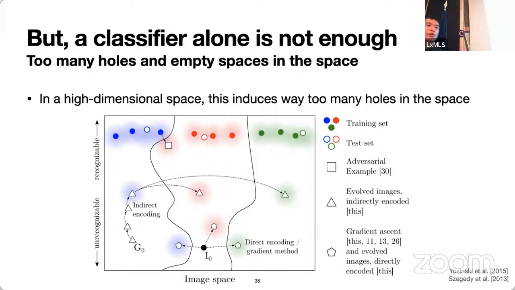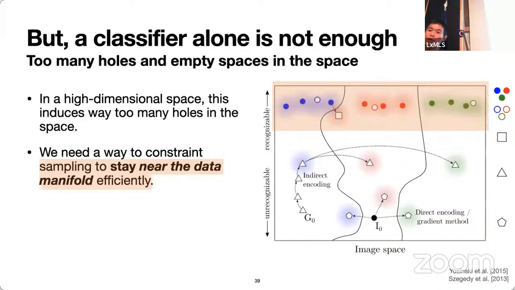Just by virtue of training as a supervised learner, these classifiers are going to put high probabilities, or low energy, on these unrecognizable points as well. That's what we already saw with the earlier visualizations of deep convolutional networks. So what we need is something beyond a single classifier. There are just too many holes and empty spaces in this space, so we want to put more constraints by using the generative models that we talked about.